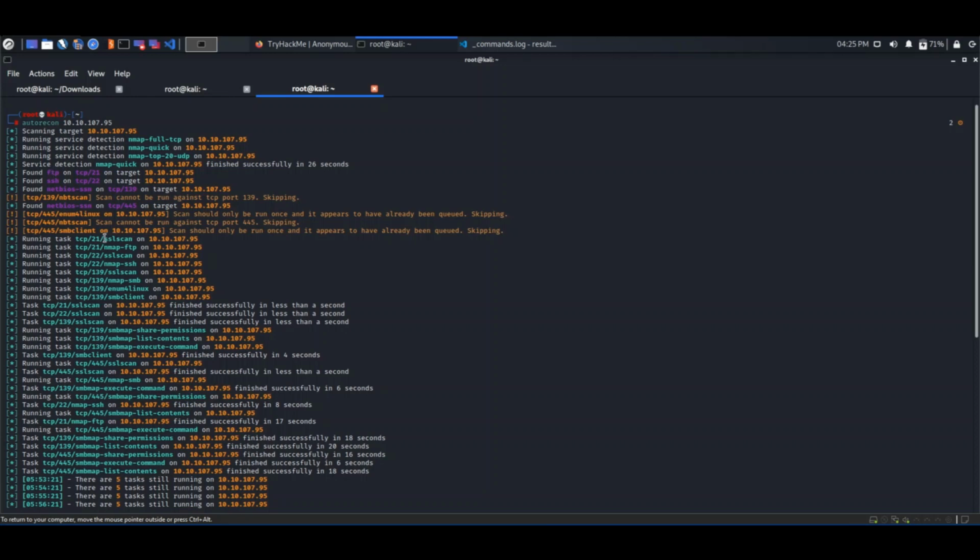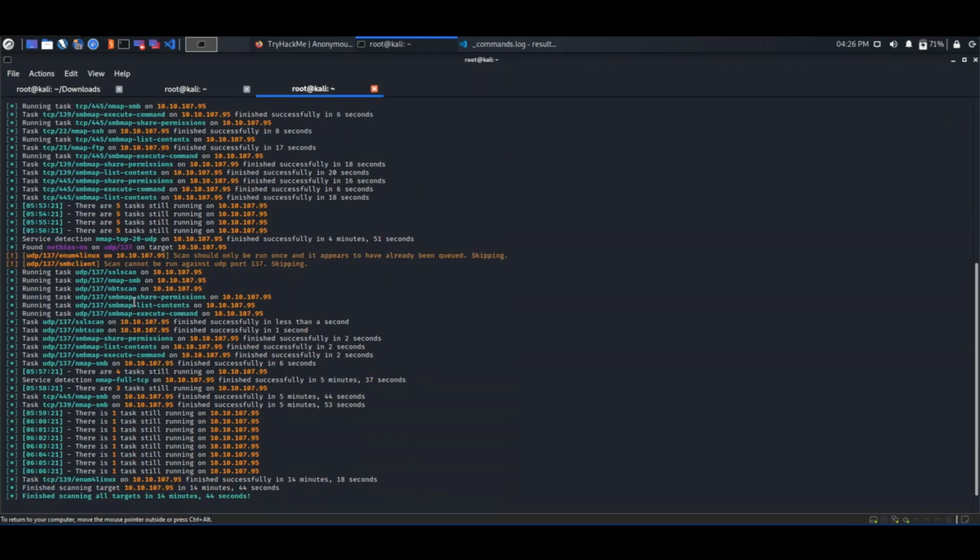It's going to run the SSL scan and nmap FTP. These are different types of scans related to those ports, and if it gets any further findings, it will go through the logic tree that it has, and this is how AutoRecon works.